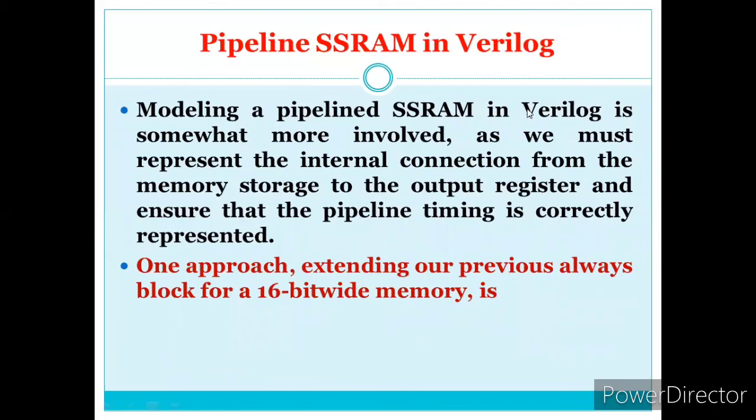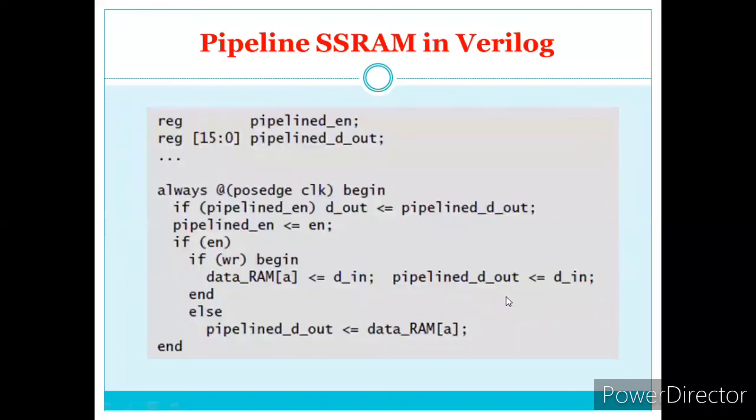So modeling a pipeline SSRAM in Verilog is somewhat more involved, as we must represent the internal connection from the memory storage to the output register and ensure that the pipeline timing is correctly represented. So we must show that whatever we write in a Verilog program meets the timing constraint of the pipeline operation. One approach is extending our previous always block for a 16-bit wide memory this way. If you observe what the change is in the program,